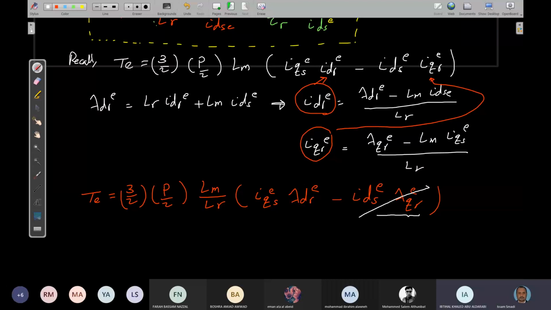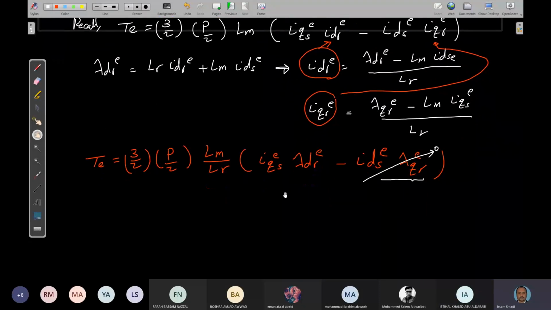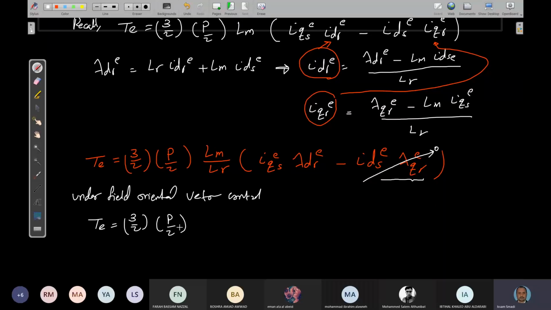Why? Due to our assumption that all the flux is pointing toward the D axis. So simply this means that under field oriented vector control, actually the rotor field oriented vector control, Te will equal 3 over 2 P over 2 LM over LR